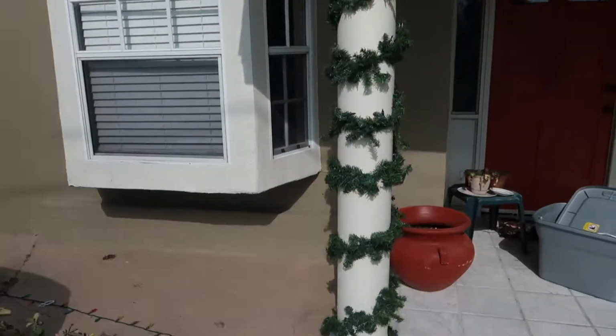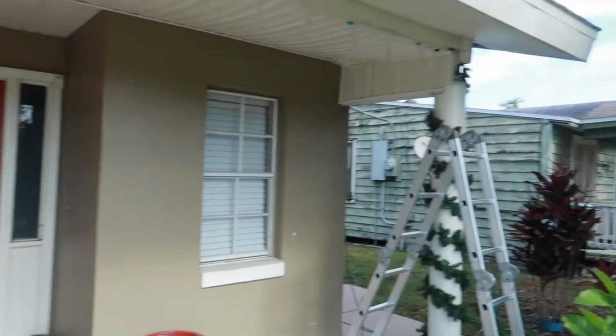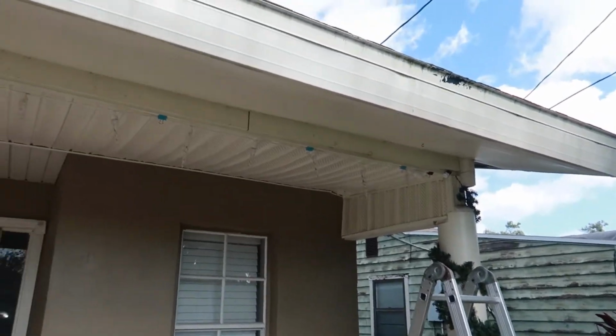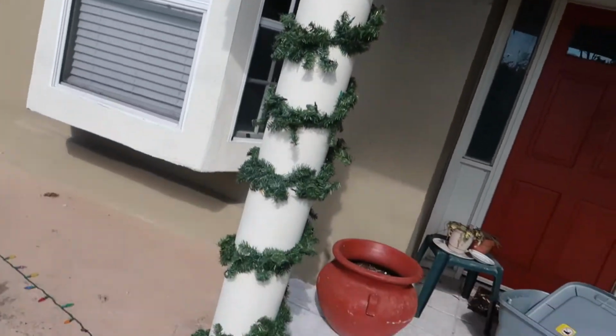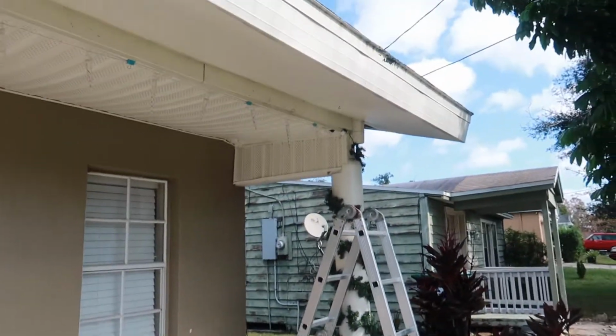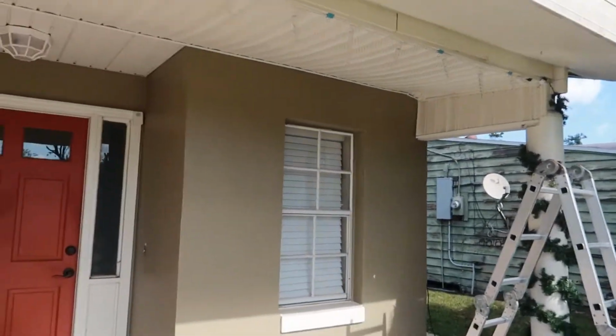Alright, what do you think? I'll straighten out the columns to make them a little more even once I'm all the way done. The awning lights and the garlands are up. Now I just gotta run power to them, and then finally,